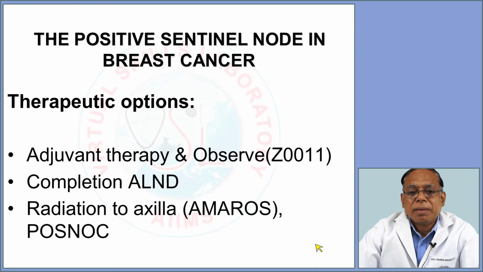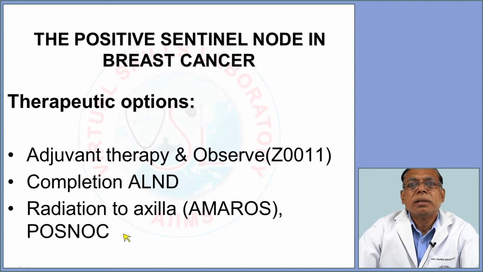So what are the options available to a surgeon if sentinel node biopsy is reported as positive? Well, we have three options. Either perform just observation and provide all the adjuvant therapy decided by the oncologist in the form of radiation therapy, adjuvant chemotherapy, hormone therapy, or other targeted therapy. Or we perform a full completion axillary lymph node dissection. And the third option is to offer radiotherapy to the axilla. Two trials have tested this hypothesis. One has already completed, the AMAROS trial in Europe and England, and the POSNOC trial, which is an ongoing study